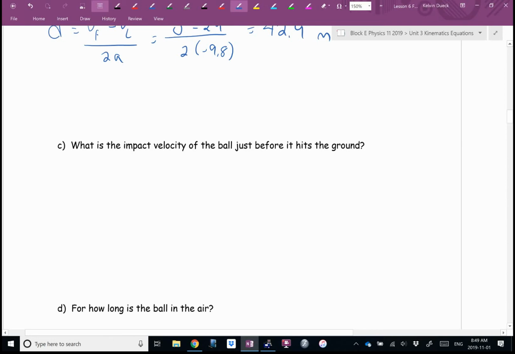C. What's the impact velocity of the ball just before it hits the ground? What is it not? It's not 0. And I think I did my rant about if it was 0, you could do a belly flop onto the cement and it wouldn't hurt. It's 0 after it hits the ground. But the impact velocity, the V final, will not be 0. What is V final? Quinn, what is V final? Too slow. AJ, what is V final?